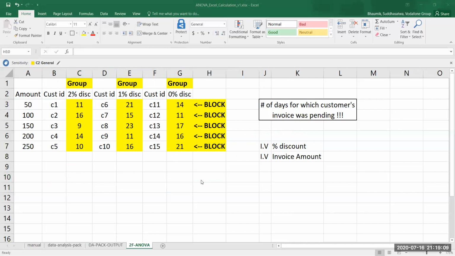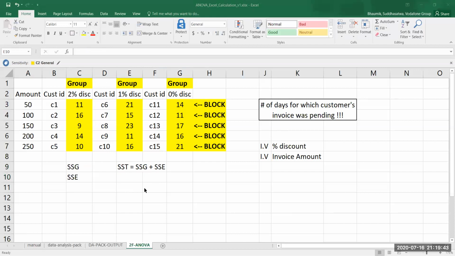Now, how can we do that? Okay, we already know we need to calculate sum of square groups, sum of squared errors, right? We have to total them now because we have another group concept over here. So that's why earlier we calculated only sum of square of groups and sum of square of errors. But now that we have two group kind of concept, one is known as a block and one is known as a group, I have to introduce a new terminology known as sum of square totals, which will be equal to sum of square groups plus sum of squared errors,